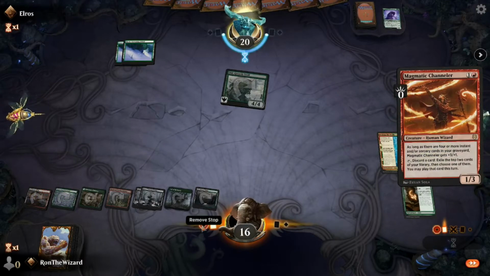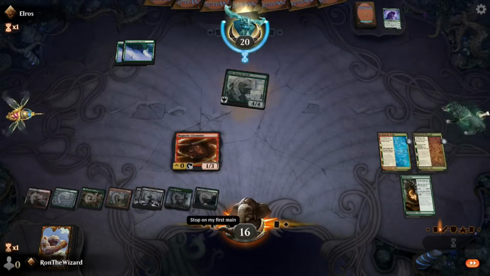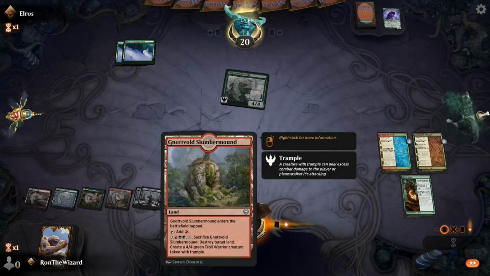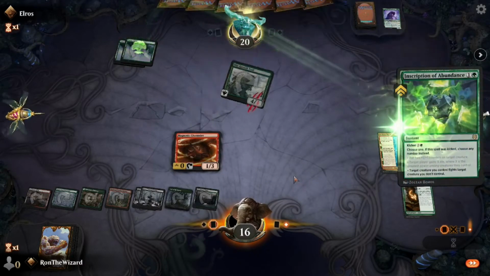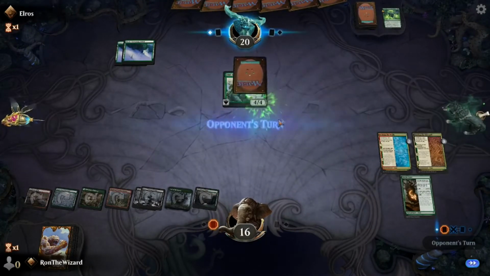And Channeler. Okay, I've got a plan here. So this can destroy a land. It can destroy a land at instant speed. Sure, they're fighting my creature, that's fine. So,